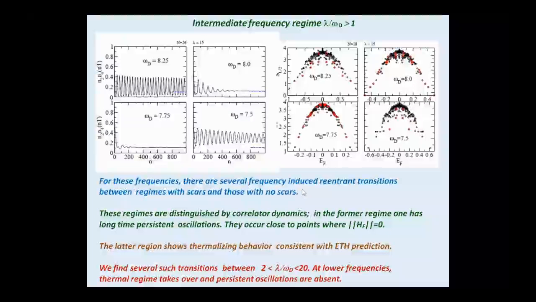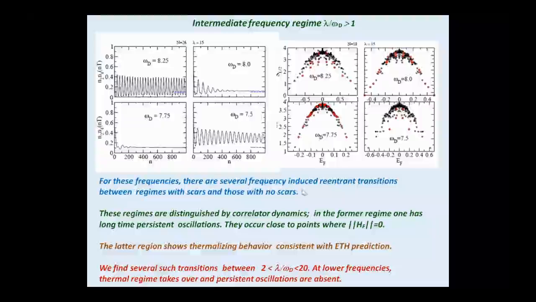Because for 8.25, I can see quasi-periodic, it has two frequencies. Yes, if you look at all the energy separations of the scars, you would see maybe that there is a very small difference between the scar energies, and that's what gives rise to this pattern. And this attachment of the scars and detachment of the scars, do they only happen once? I'm going to show you, that's the main point actually.